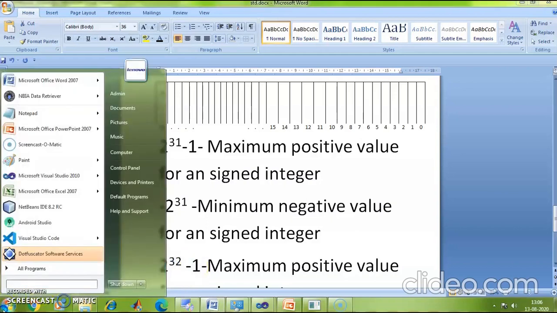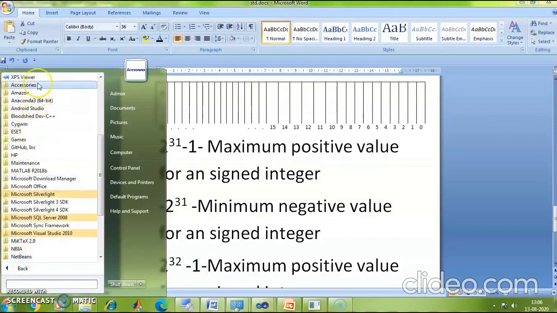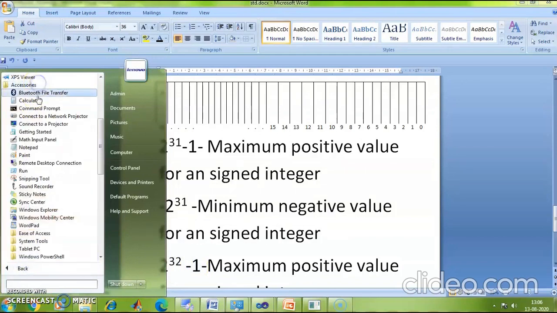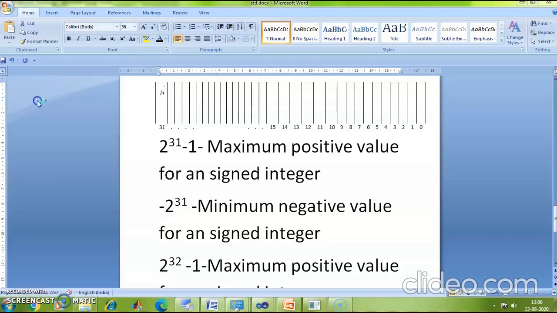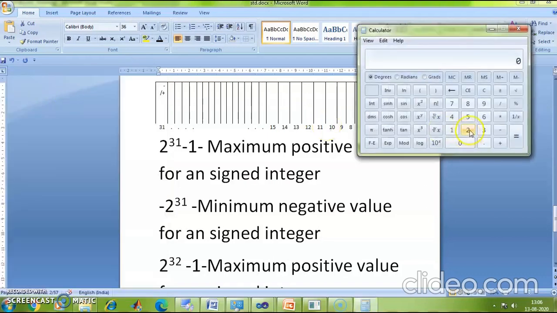Let me go to the calculator and check. What is 2 raised to 32? It's equal to 4,294,967,296. Minus 1, that is 4,294,967,295.